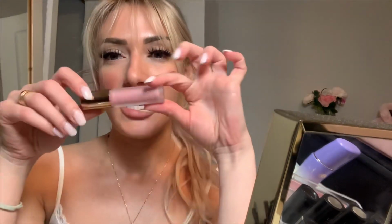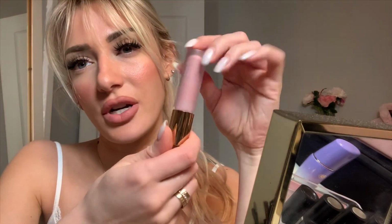Another product that I've been loving is from the brand Lilah B. Looks like this. I found it at Sephora. It was kind of on the ends of the aisles. And there were only a couple of products that she had, but I believe they're from LA, California. I'm pretty sure that's what the girl told me, but I could be lying. Well, anyways, I'll link it down below if you guys want to check it out. But the color is Be Romantic, and I like it because it's an oil-based gloss, meaning it has a really soft texture to it, but it is not super thick and drying or like,